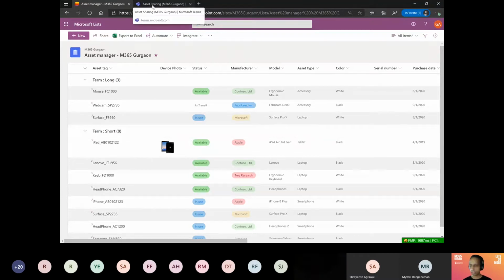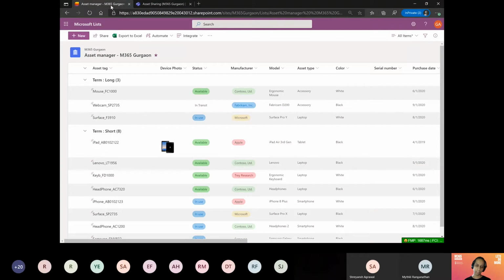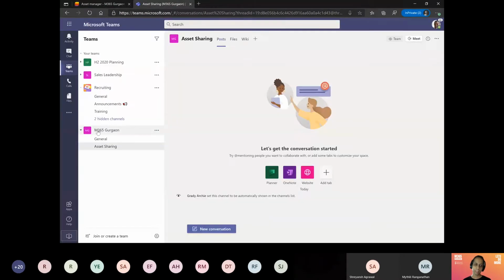So now let me switch gears. Let me take a track of time. Okay, doing good. So imagine, let's come to Teams. Now, this is all the web experience that you can play with List, but a lot of usage currently is on Teams, where the collaboration also happens, right? Imagine that there is a team, and you already have a team where a lot of discussions are happening. You can easily create a new asset sharing discussions channel within your Teams.